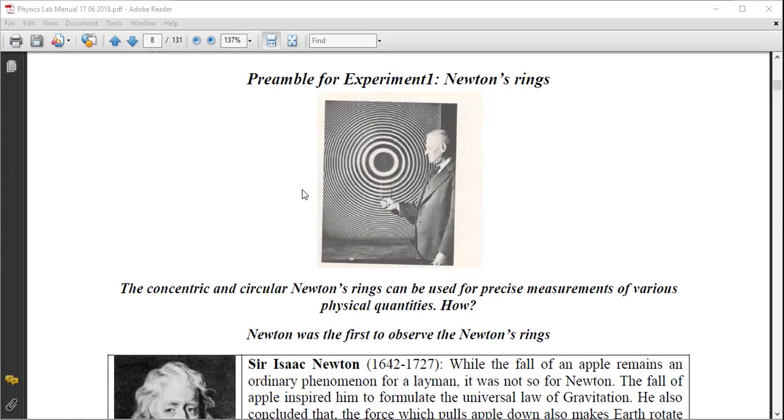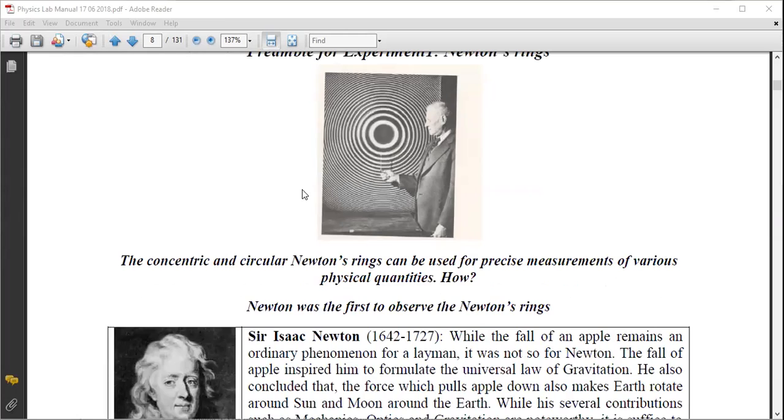So we are studying interference in our first unit, first section of the first unit. Interference, as we have discussed, is when two or more light rays interact with each other, two or more photon beams which are constant in phase, they will interact with each other to form a ring-like pattern. So this ring-like pattern is formed whenever a plano-convex lens is used. In a moment we will understand what a plano-convex lens is, and what this experiment is all about.